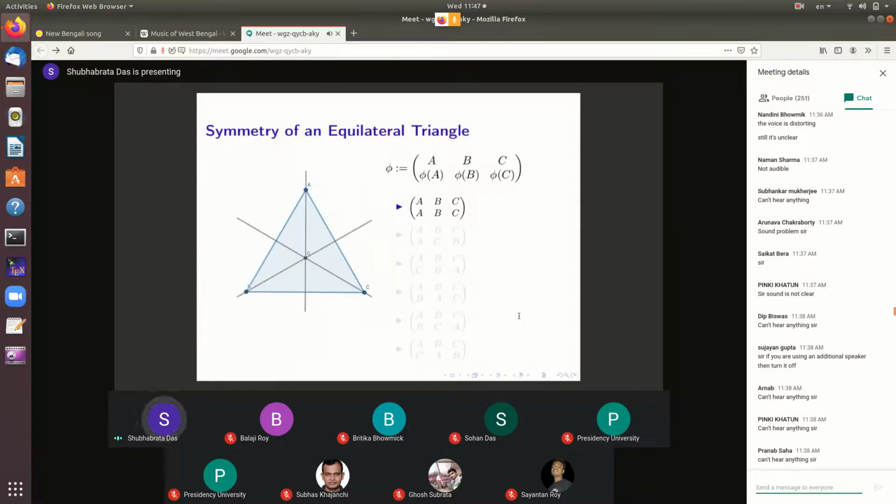So let us start with the most basic picture of a triangle that we tend to think, the most common one. This is an equilateral triangle with 3 equal sides. A, B, C are the vertices. So if I am to consider a symmetry of this triangle, then